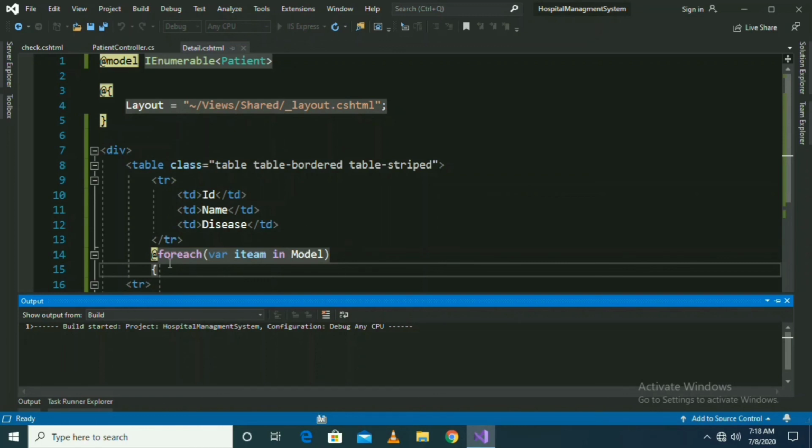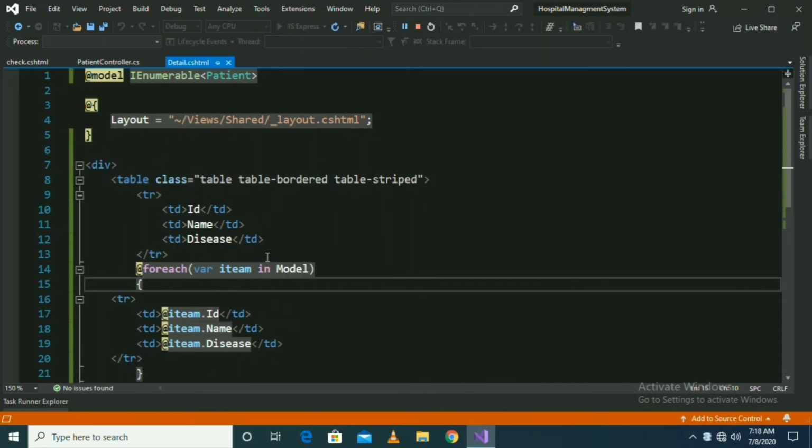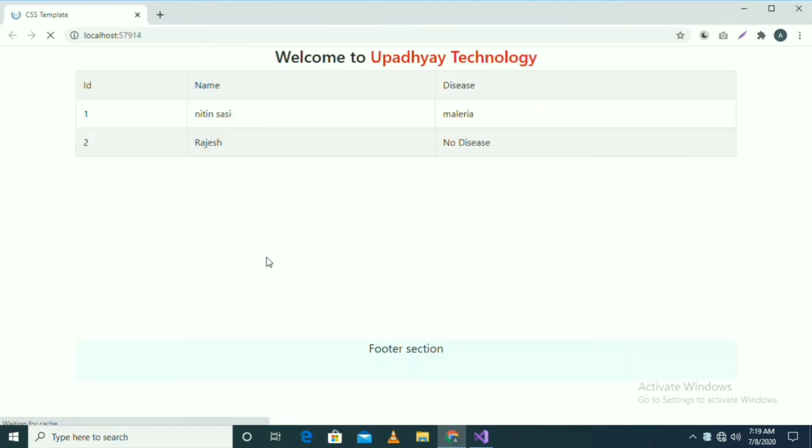Here, @foreach is C# code which is converted into HTML code with the help of the Razor View Engine. Okay, here we are getting our desired output: 1 Nitin Sasi malaria, 2 Rajesh no disease. Okay, this is the header. So we are successfully getting our